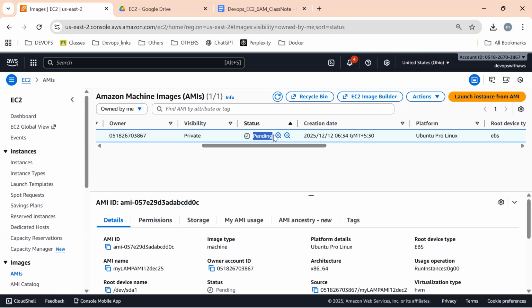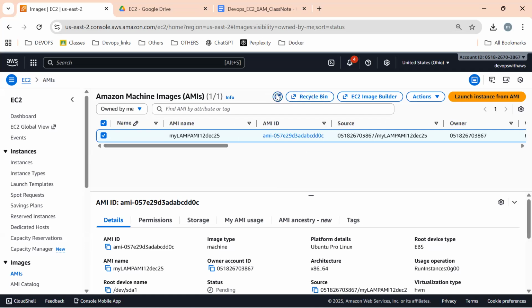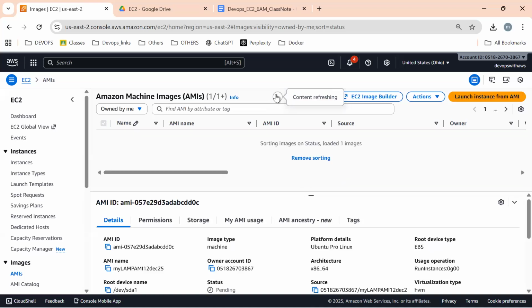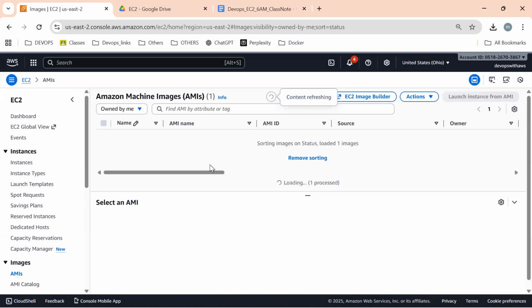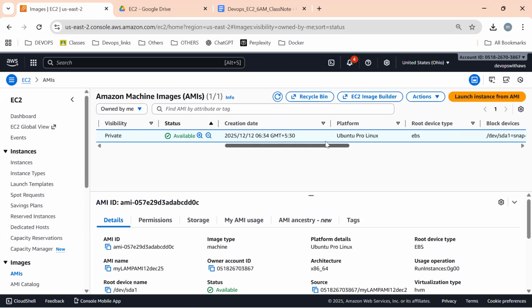Please wait. It is still in pending state, but once it is available, then only we can proceed. Okay, is it available?